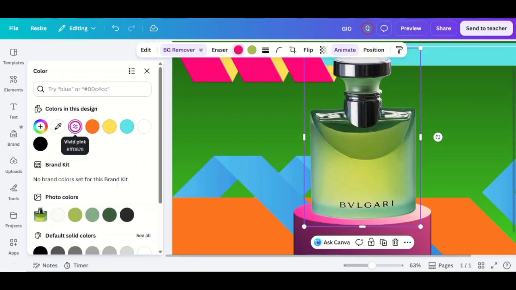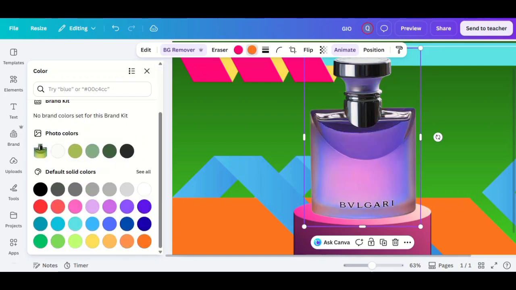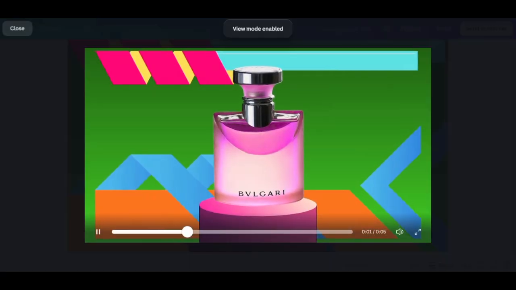Upload your product image and position it prominently in the center of the layout. Add a bold headline, a short description,